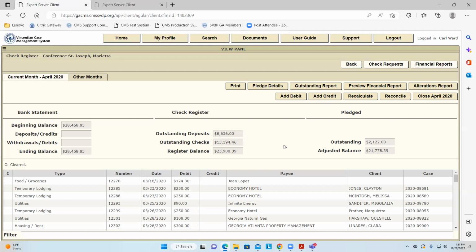Well, what you do is you go back in and have the caseworker resubmit the check request. When it comes to you, for the check number, once again, use a suffix at the end of the check number. So let's say that check that just cleared is 2000. Then you would put in 2000-A.